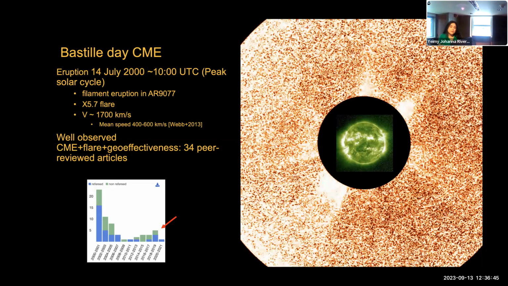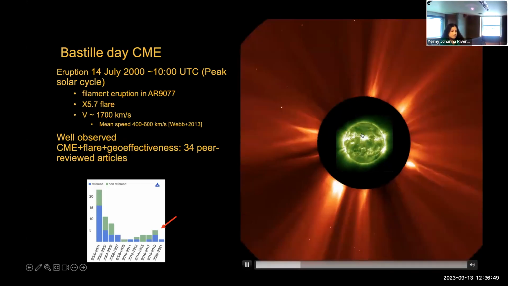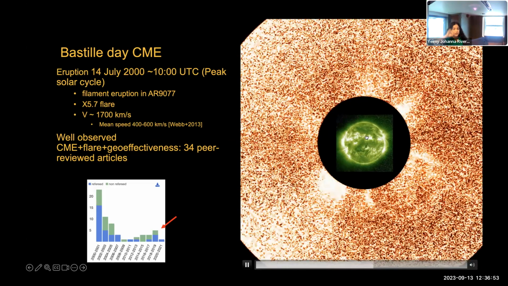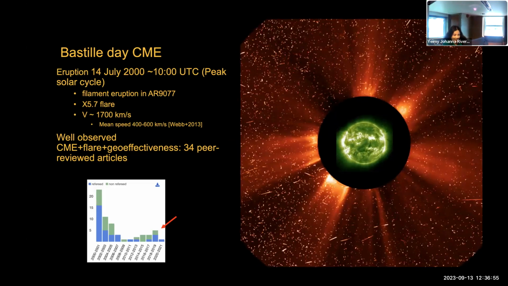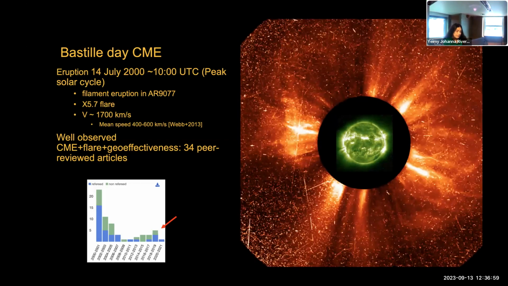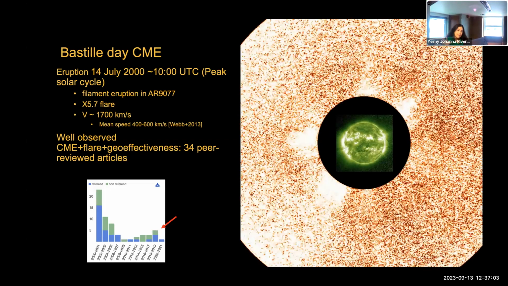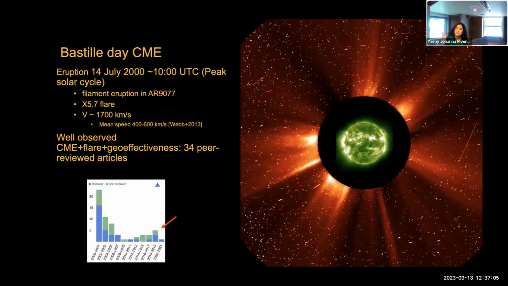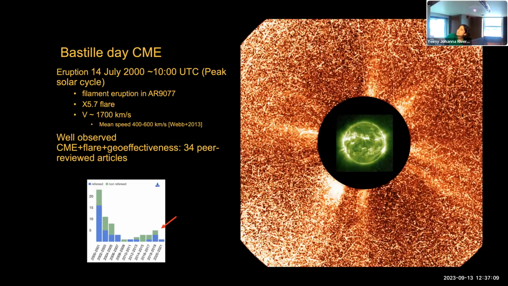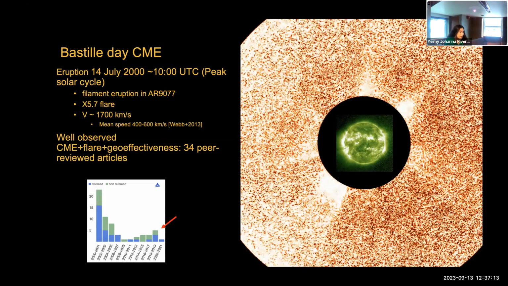It was driven by a filament eruption or a halo CME directed towards the Earth. You can see it happening here, erupting just north of the center. And then immediately after, you see the energetic particles hitting the white light coronagraph detector, which is a dramatic sight; it fills the white light coronagraph.